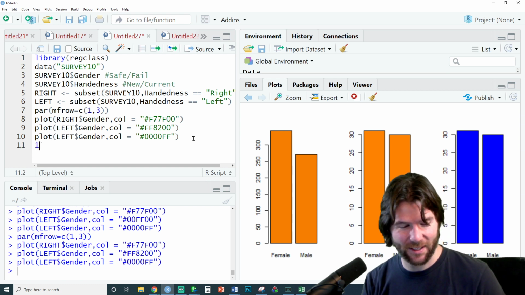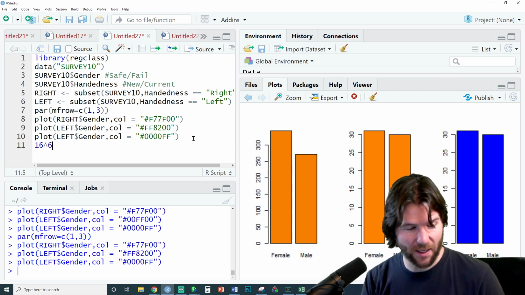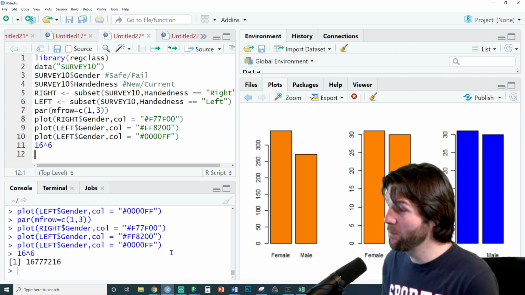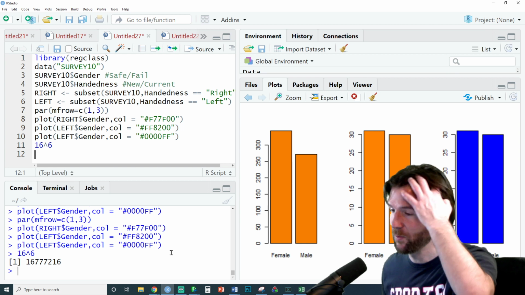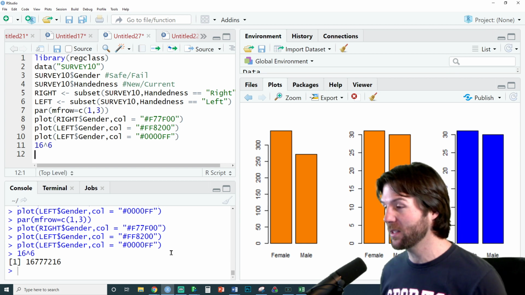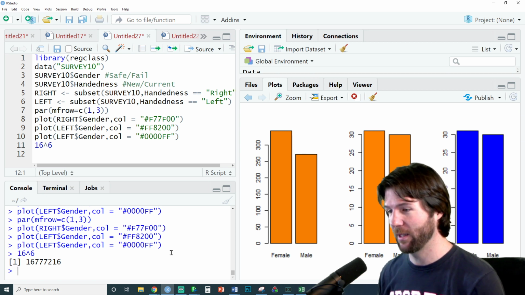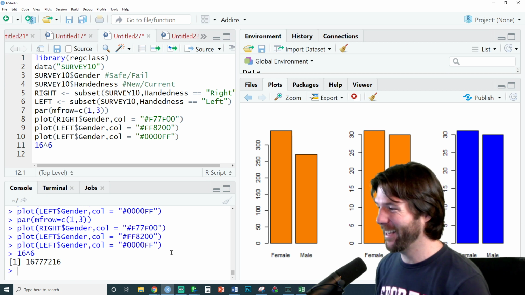Here's the thing, Tracy. There are this many combinations of colors. There's almost 17 million different colors you can make with hexadecimal color coding. Imagine a crayon box with 17 million different crayons, and that's what hexadecimal color coding is. 17 million different crayons. There we go. I like that, Haley, right there.